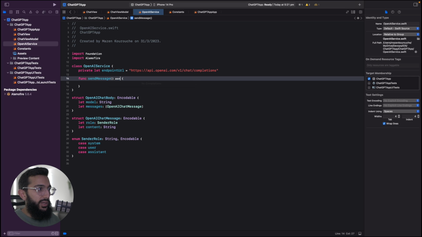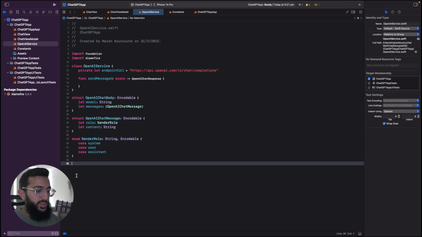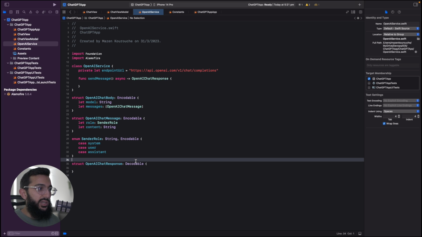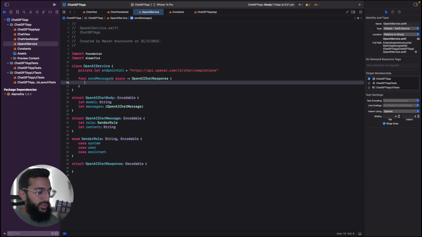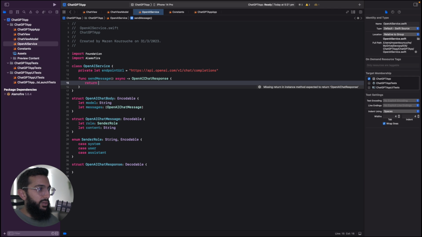So this is going to be an async function, and it's going to return an OpenAI chat response. And I'm just going to create an OpenAI chat response here and make sure that it conforms to Decodable. Now inside this function, I'm going to return, so let's say return, and it's going to be try. I'll make it an optional for now,